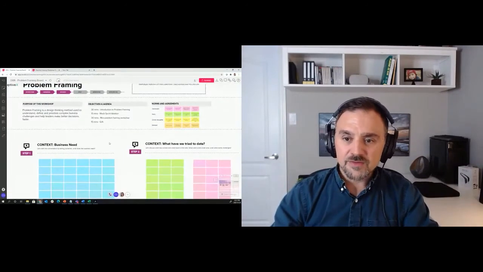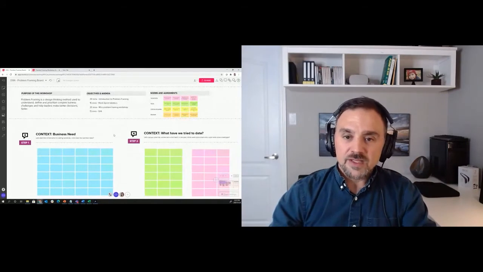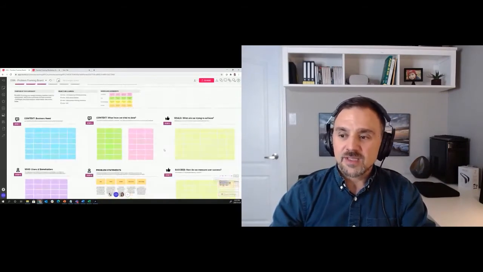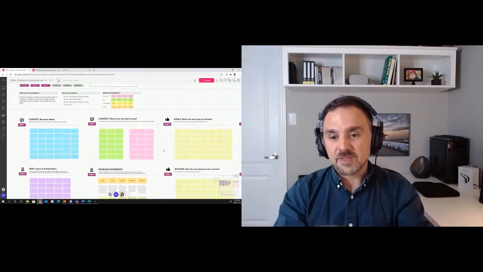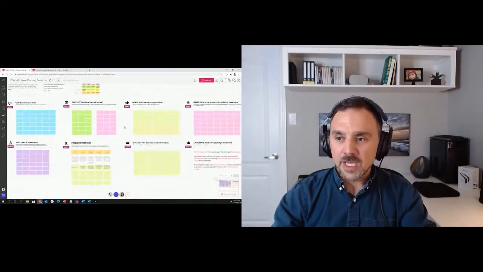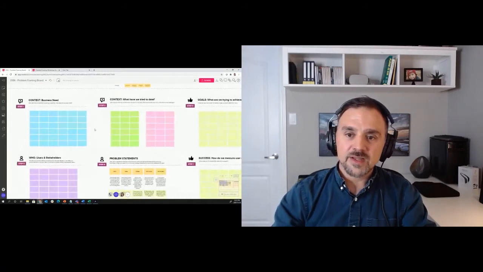Now, in terms of the steps that we would take, you'll see that I've got step 1, step 2, step 3, and there's going to be a series of steps. Some of them are focusing on the business, some of them are focusing on the customer. So if we look at the top one for now, if we start at step 1,